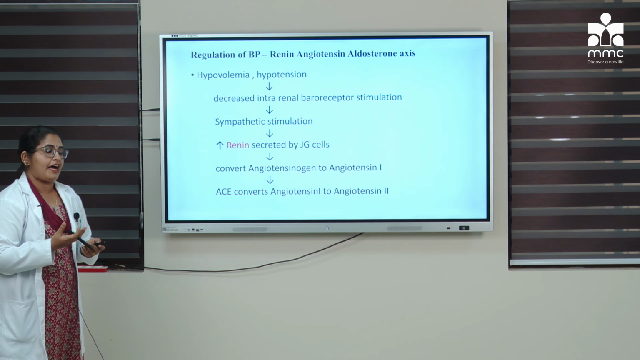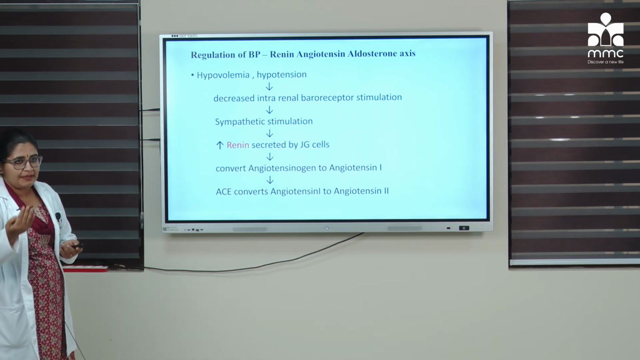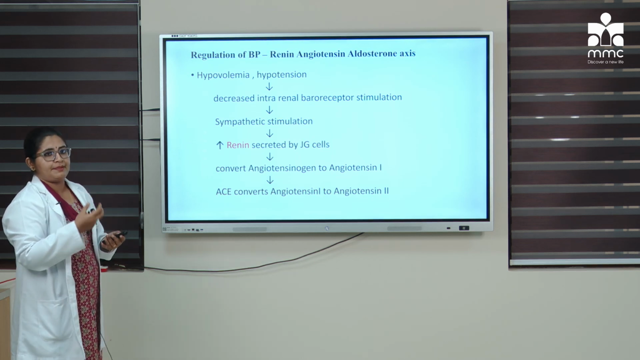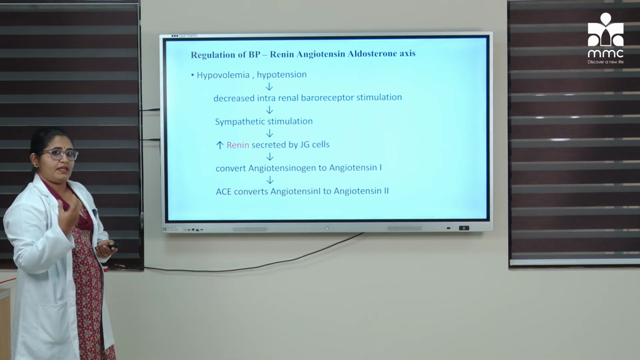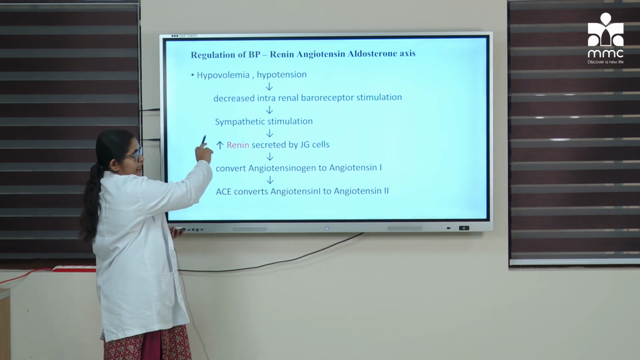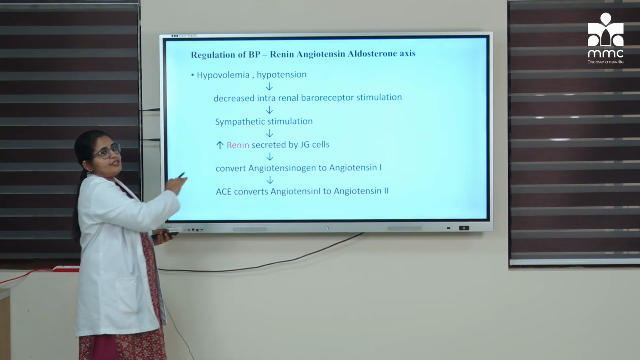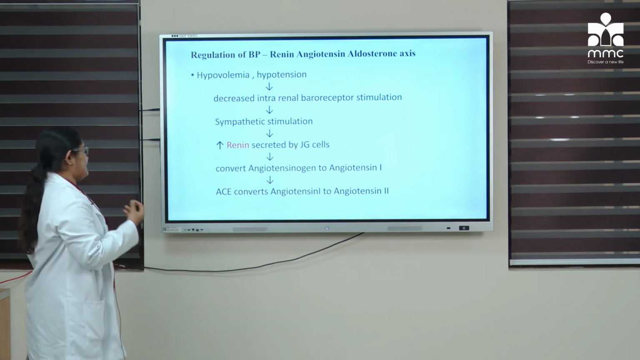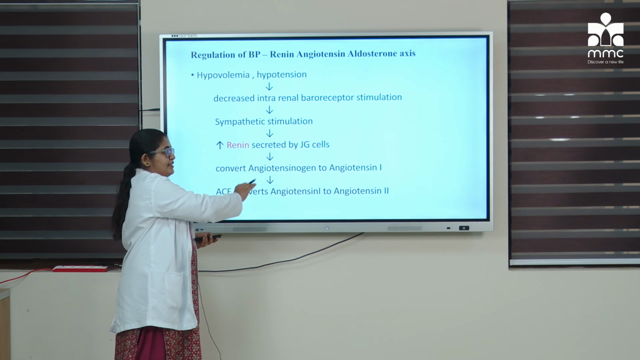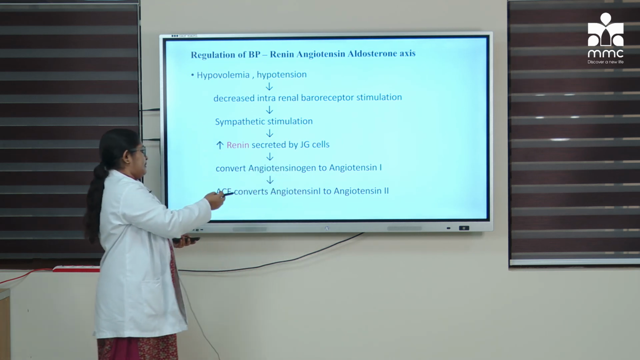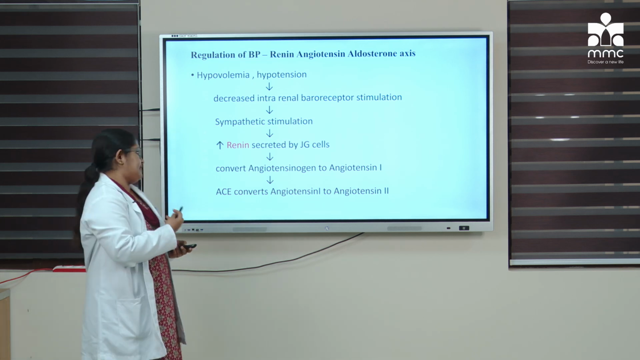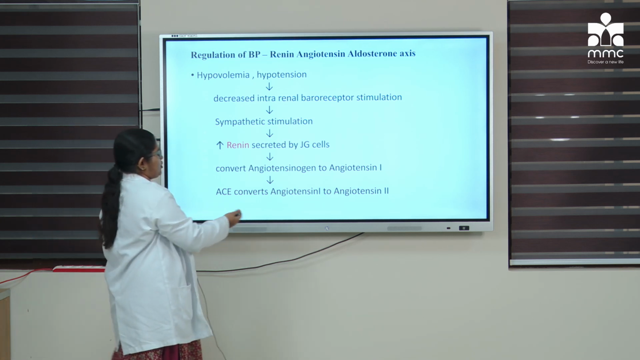Suppose there is a condition of hypovolemia or hypotension, as in when the BP is decreased or the blood volume is very low. The baroreceptors present in the kidney are not stimulated. In such situations, sympathetic stimulation occurs, and this leads to the release of renin from the JG cells. Once this renin is released, it helps in the conversion of angiotensinogen to angiotensin 1. Then another enzyme, ACE, angiotensin converting enzyme, which is produced from the lungs, helps in the conversion of angiotensin 1